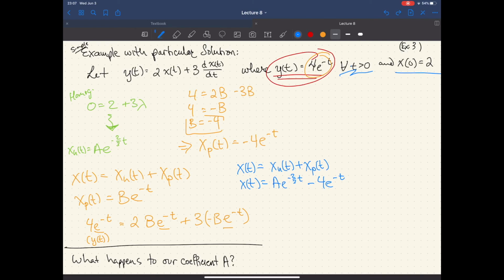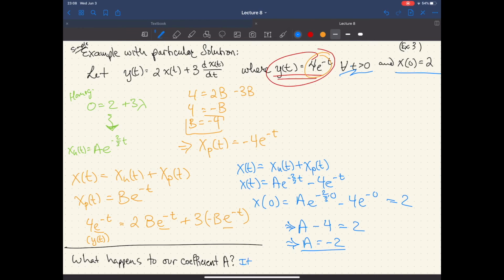Okay. Here we go. We just solve for a now at this point. We have a times 0 minus 4 e to the minus 0 equals 2. And so a times 1 minus 4, e to the minus 0 is 1, equals 2. So a, arrows, not equal sign. By the way, don't write equal signs for equivalent expressions. Use a double arrow or something. So a is equal to minus 2.